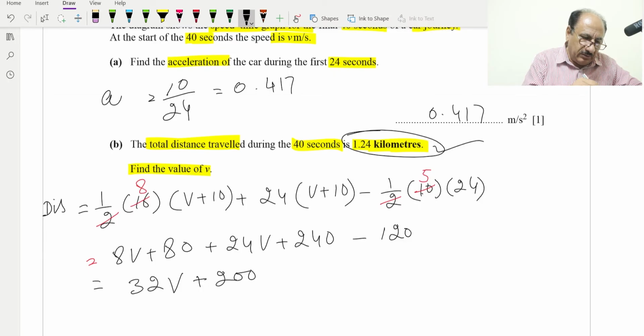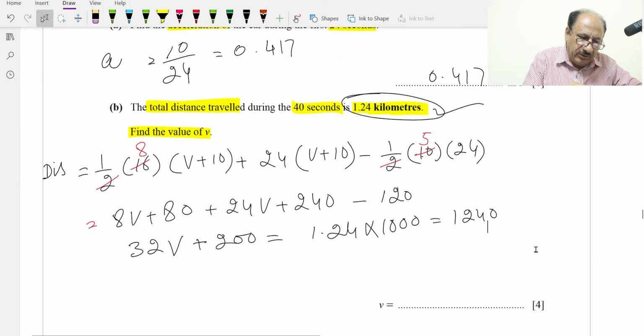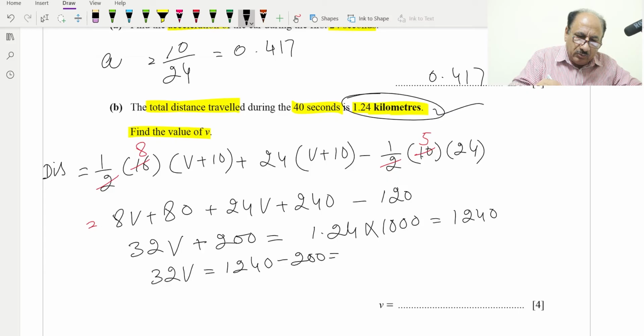So we can write this equal to 1.24 kilometers. We can change into meters by multiplying it by 1000, and this will be equal to 1240. Now further we can calculate the value of V. 32V is equal to 1240 minus 200, which is equal to